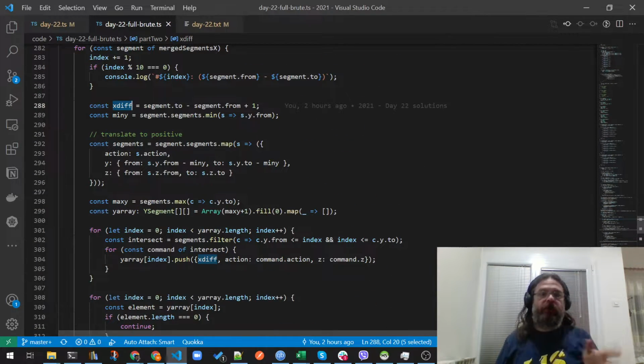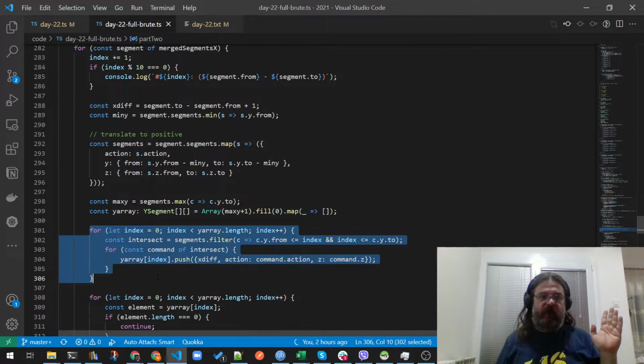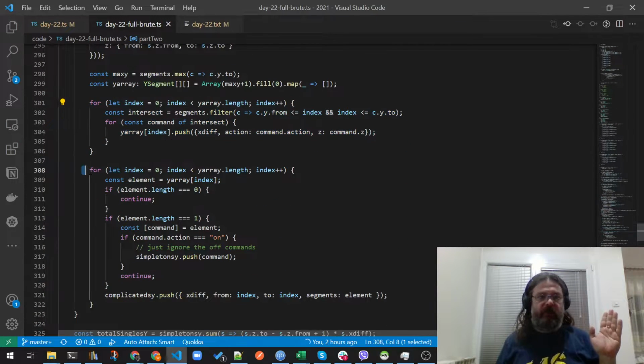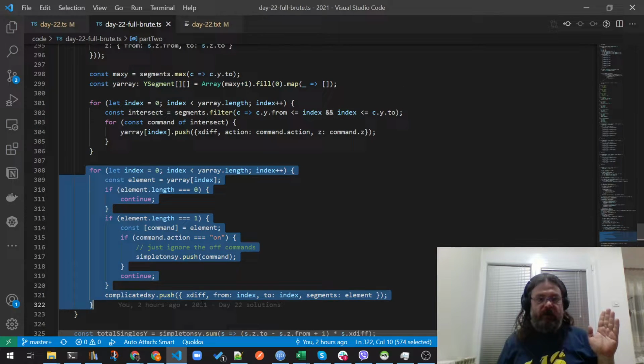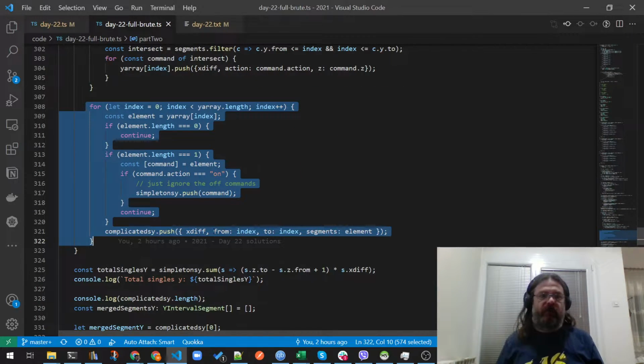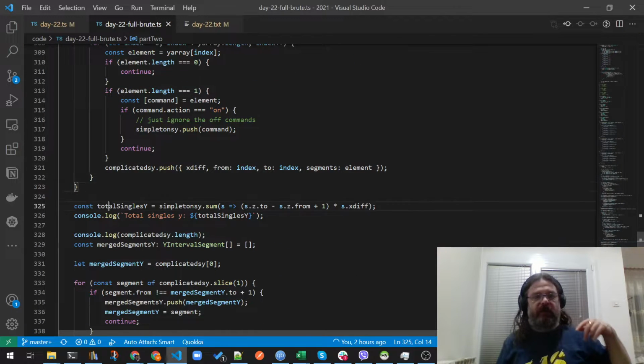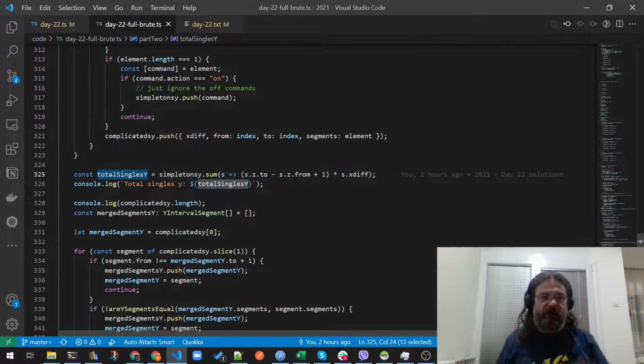And we're doing the exact same thing. We are counting the intersects, we are creating a huge array of epsilons, we are counting the singletons, we are counting the complicated, we are counting the total singletons,